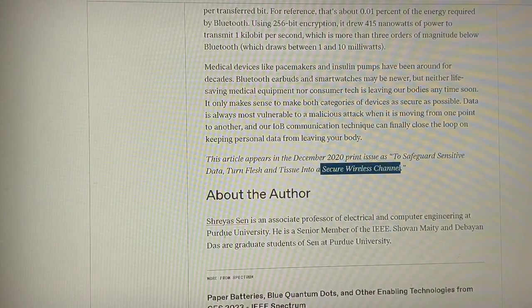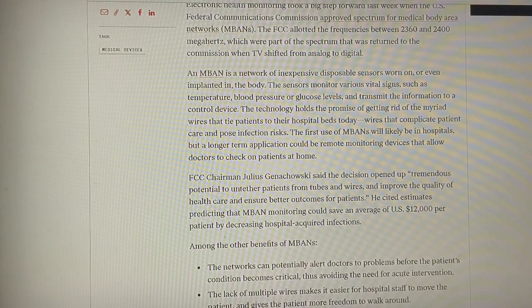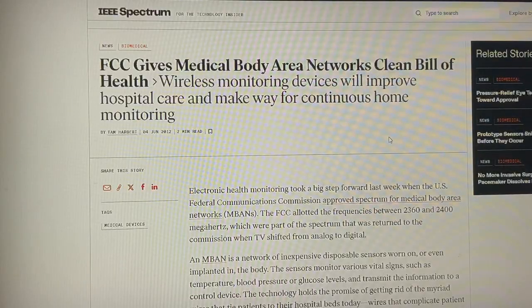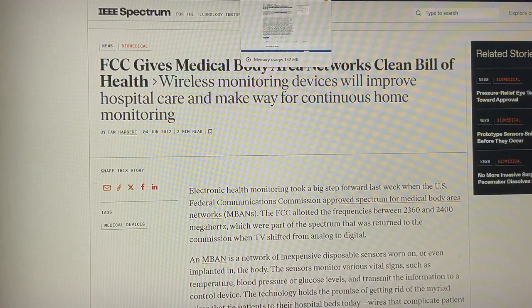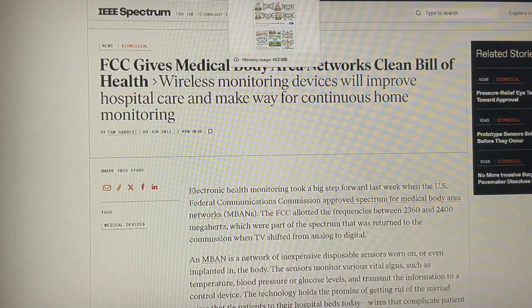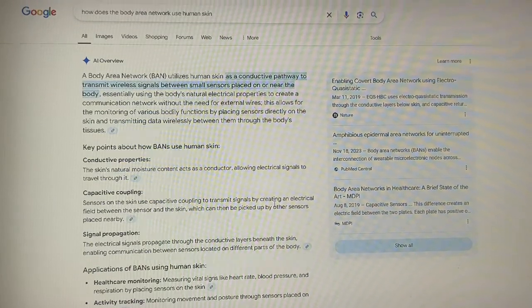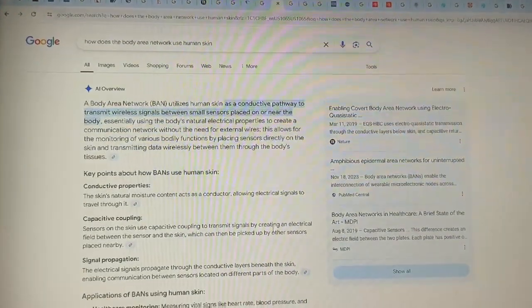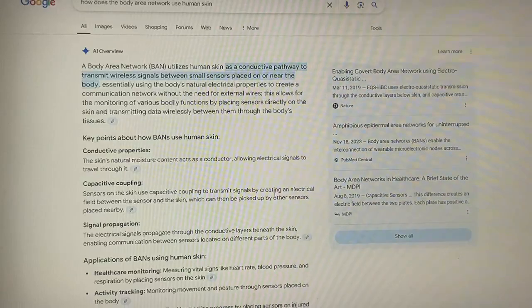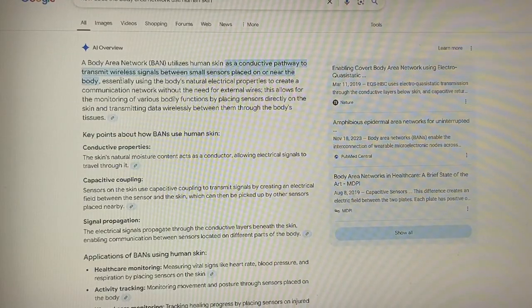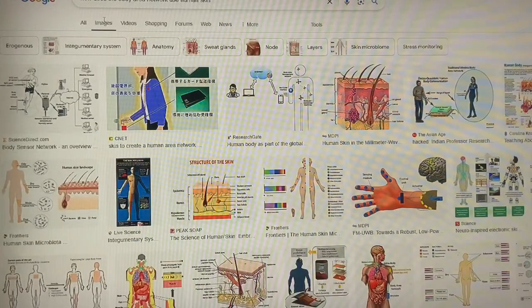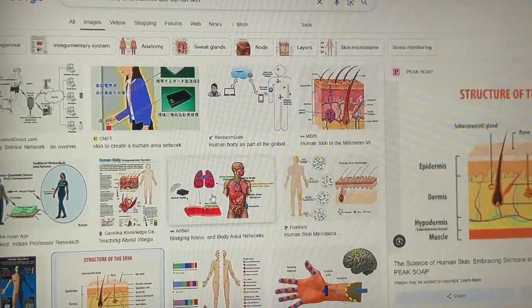So, now that we know that the medical body area networks were established in 2012 by the FCC and the FDA, and when we asked, how does the body area network use human skin? It's a conductive pathway to transmit wireless signals. And if I click on images, just like the Disney Channel showed us,